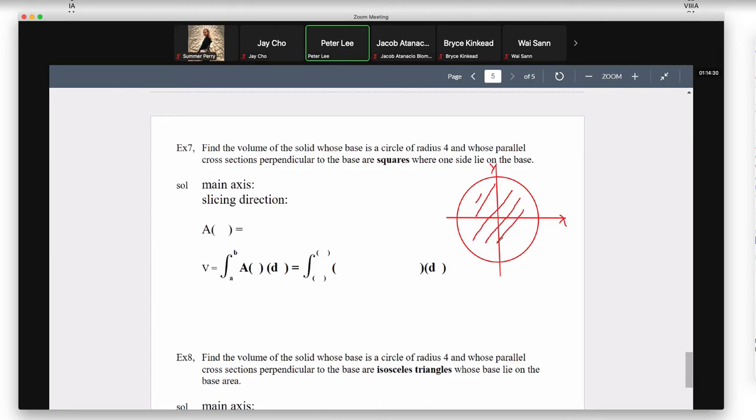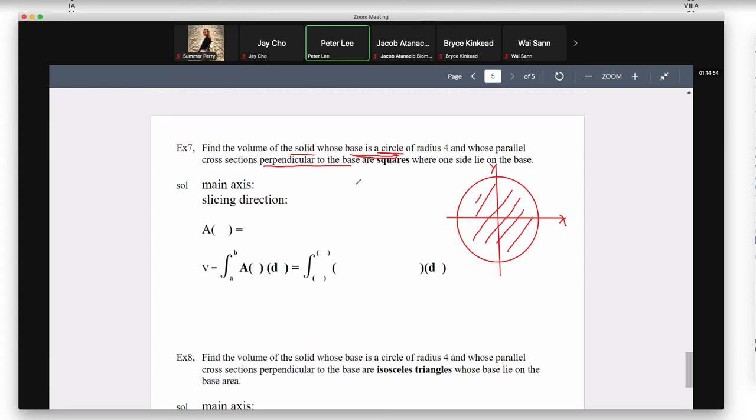Sometimes not the entire circle is the base. Sometimes only the quarter circle is the base, or sometimes the semicircle is the base. So just because you have a circle doesn't mean the whole thing is the base. In this case, it's a solid whose base is a circle. It does say it's a circle, not a semicircle, not a quarter circle. The radius is 4, so we got the base here, and whose parallel cross section